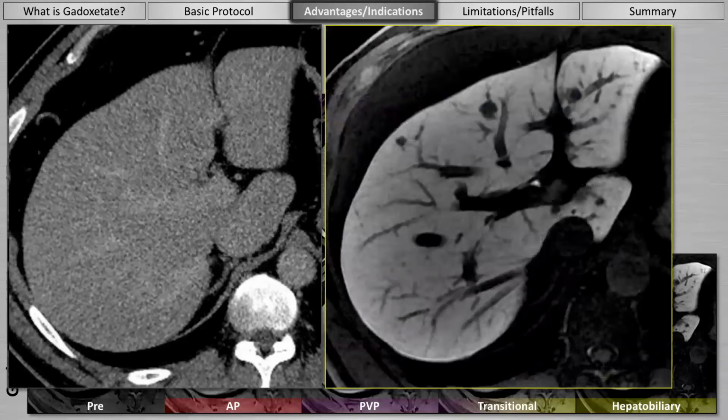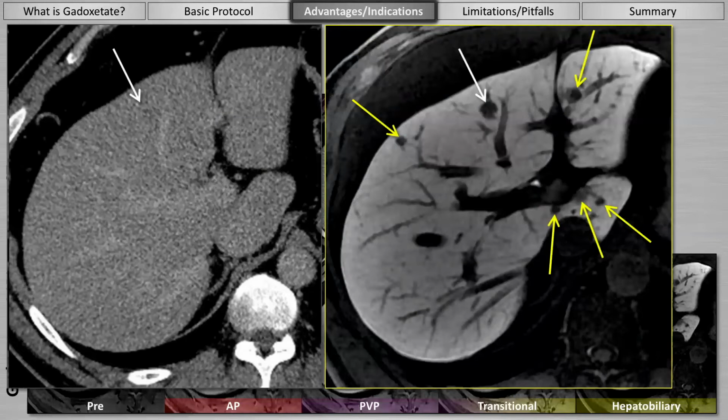So again, on CT, this is where the lesion is. So we see that lesion on CT, and we see that lesion on MRI. But notice on MRI, we see a few other lesions, don't we? So we see a few other metastases that are essentially impossible to see on CT. And why is this important? Well,